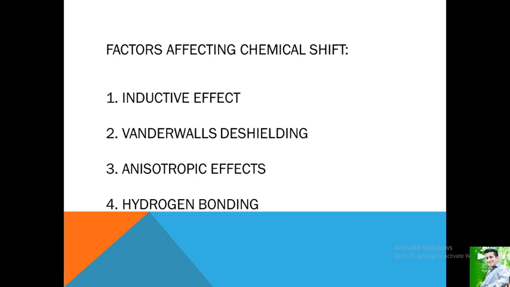The fourth point is hydrogen bonding. So we can see various examples. The hydrogen atom that exhibits the property of hydrogen bonding in the compound absorbs at low field in comparison to one which does not. The downfield shift depends on the strength of the hydrogen bonding. Intermolecular and intramolecular hydrogen bonding can be easily distinguished, as the latter does not show any shift in absorption due to change in the concentration.